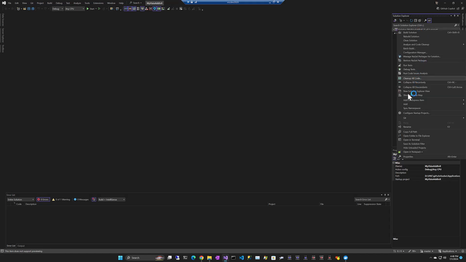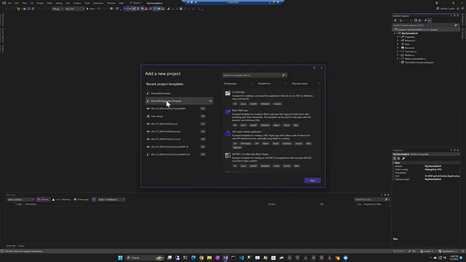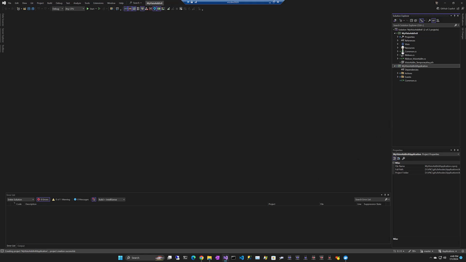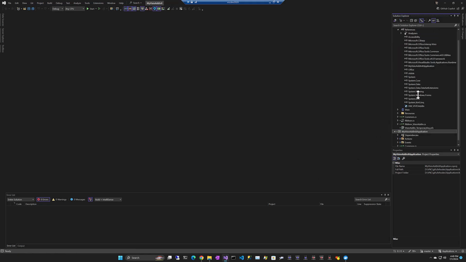And let's just type it ourselves. So now, with a little bit of luck, there, my VSTO AddIn X application, so it's referencing the right project. And now if we run it,